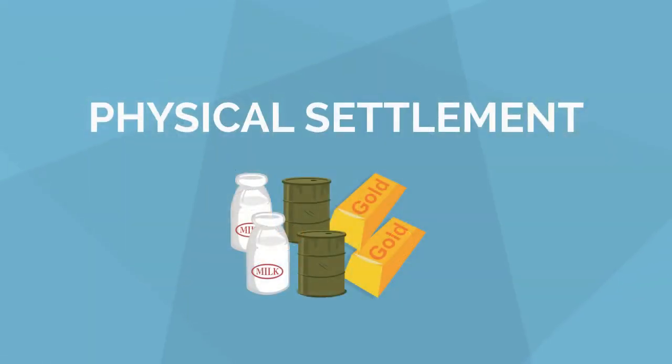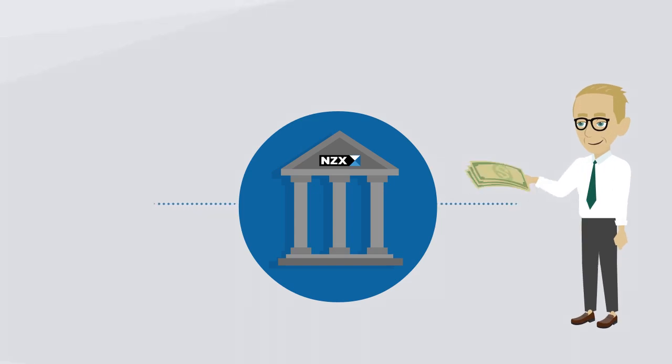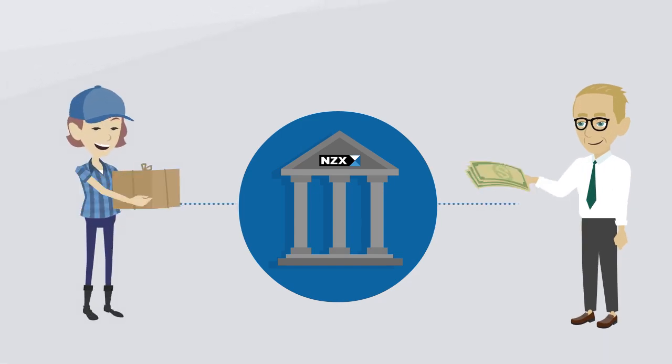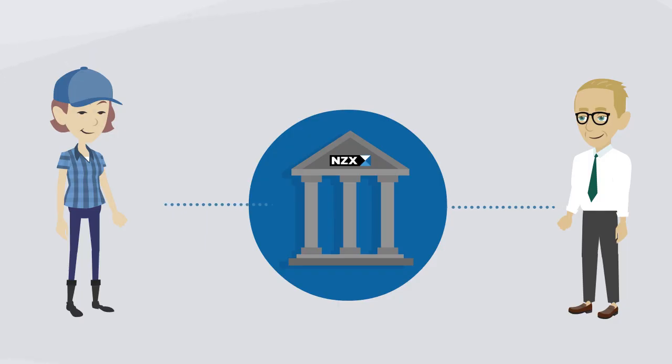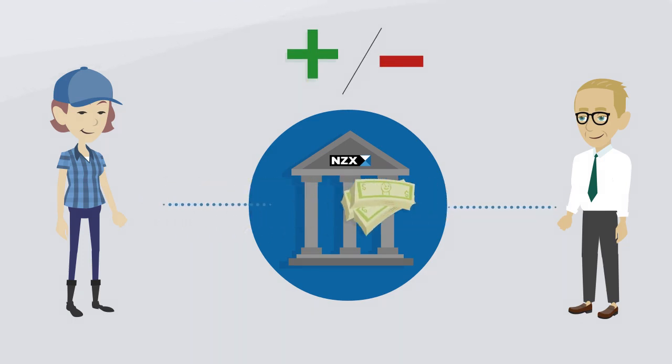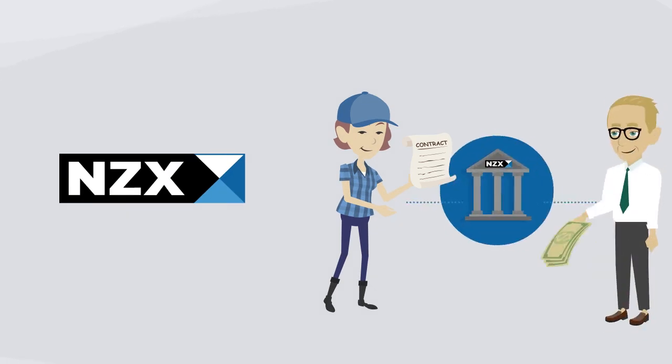Physical settlement is when, upon settlement, the buyer pays cash and in return, the seller provides the physical security or commodity. In most derivatives contracts, delivery will take place in the form of cash settlement. Under a cash settlement method, the buyer and seller settle by exchanging a cash difference calculated with reference to a benchmark market price. All NZX futures contracts use a cash difference rather than the delivery of a physical product for